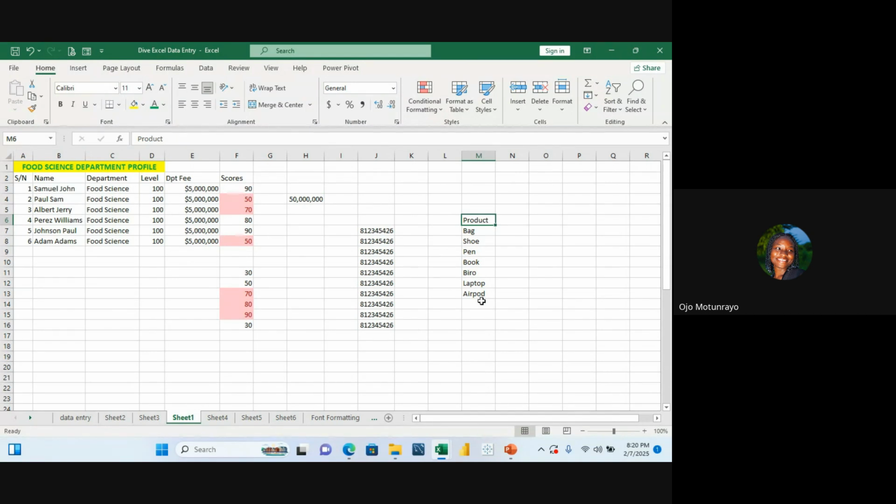So firstly, I want us to generalize this product in such a way that when you type it in Excel, even without you writing bag, shoe, pen, book, biro, laptop, Excel will bring it out for you. Now, this is what you do. I start from bag, shoe, and highlight it. After highlighting it,